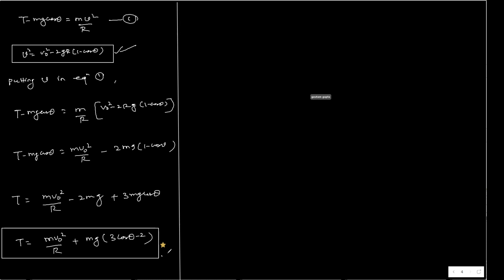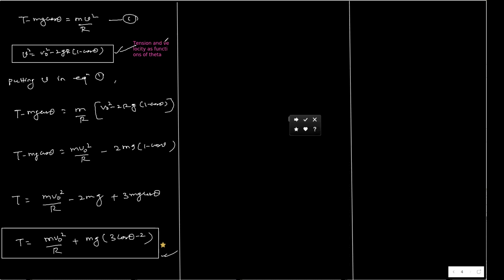Now you can find out the velocity and the tension at any point when you know the angle theta. From here also you can tell whether the particle will be able to complete the circle or not. So if you remember these two expressions, then you can use them, but this is for a very standard case when there is just tension T and mg. The same formula will be valid if the particle is moving on a hemispherical surface like this. Hemispherical surface cross section will be a circle.